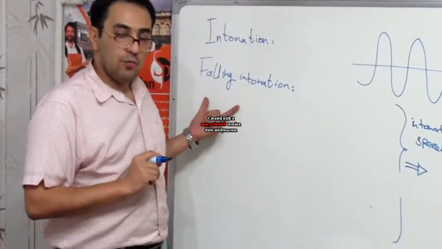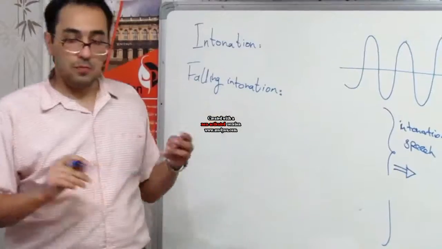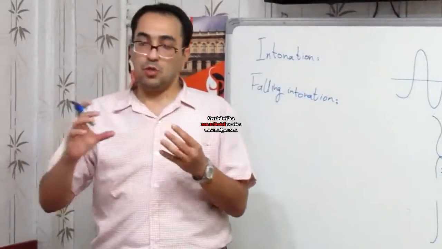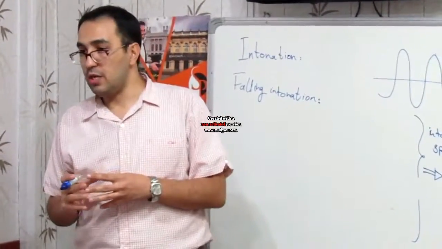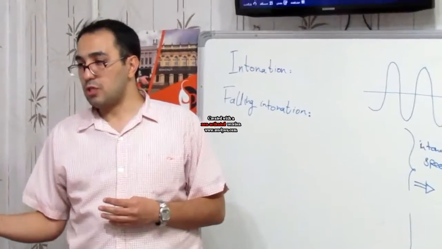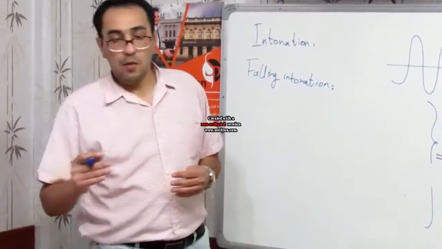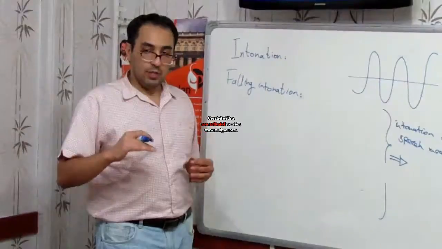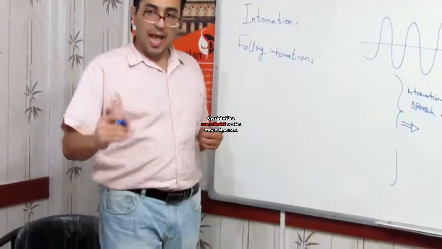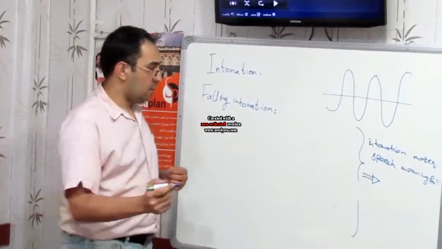In falling intonation, stress and intonation work together, and usually the last words are stressed, and the pitch of our voice goes down at the end of the utterance. For example,